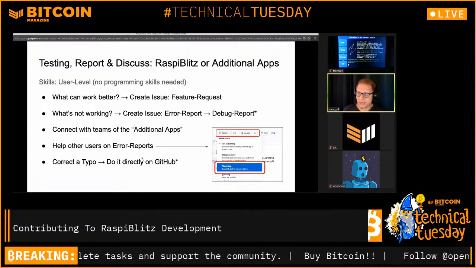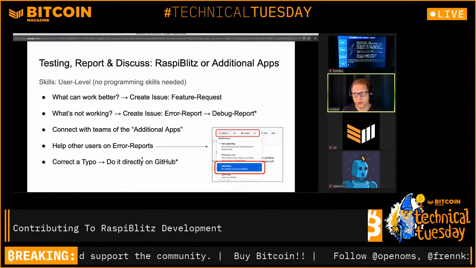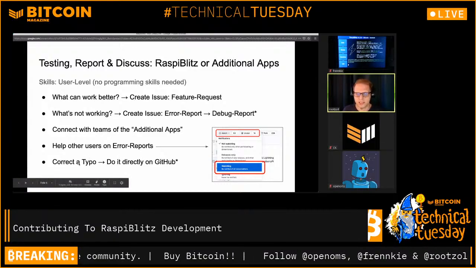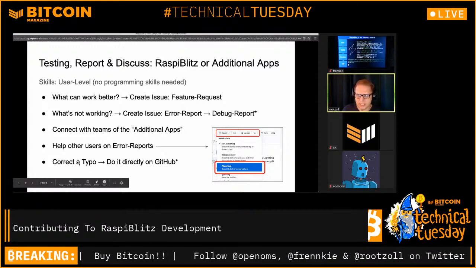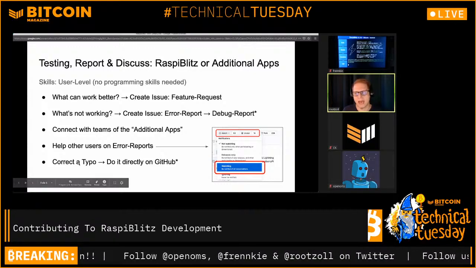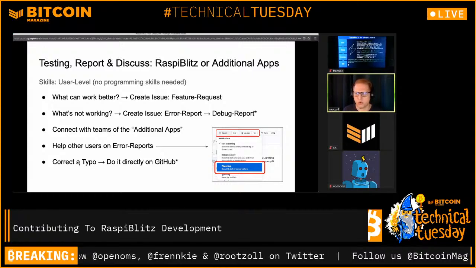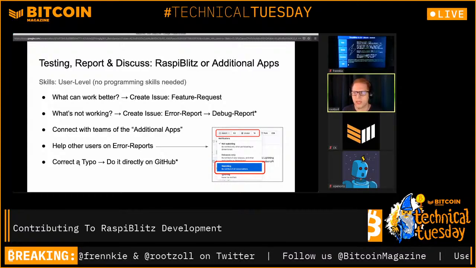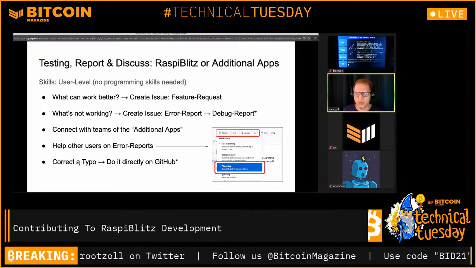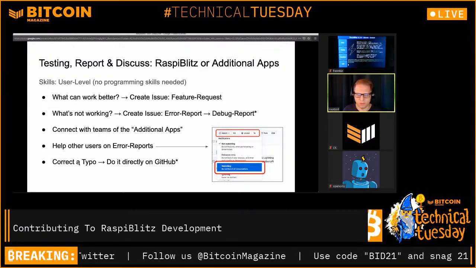Then, of course, a always good starting contribution is to correct a typo. And you can do this directly on the GitHub web page. You don't have to know how to use Git on your laptop or anything. You can really start there, a very low barrier. But first of all,